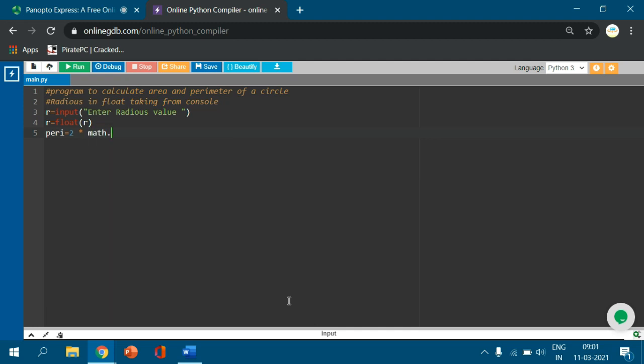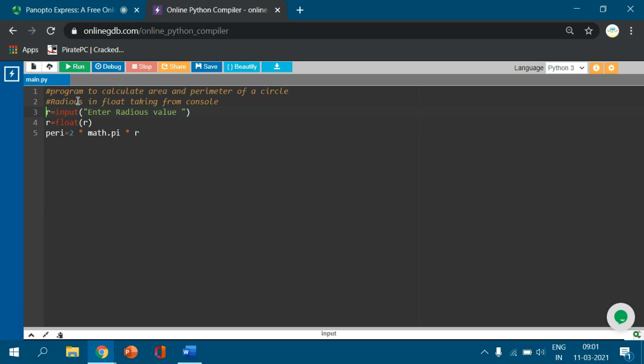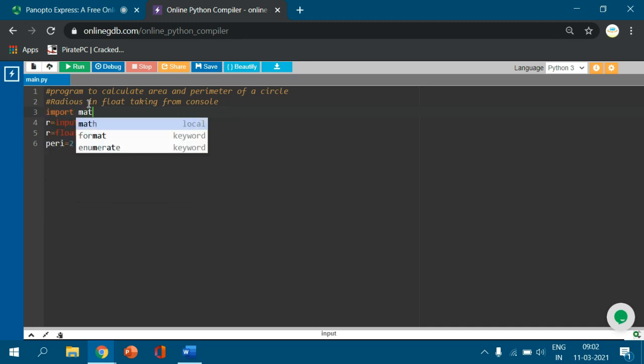Here I should import the math module, to use pi.